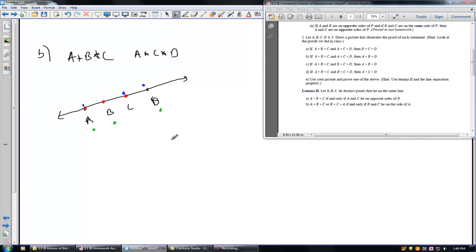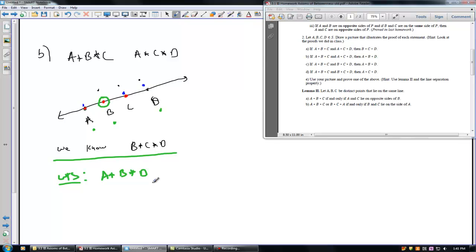Okay. And so what can we do? To do this one, we can use the last one. What do we know? We know that C lies between B and D. We just proved this in the last problem. So I know I have this. I can choose my point, and the point I choose, of course, is going to be B. I'm going to choose this as my reference point. I know this, and of course I want to show that B is between